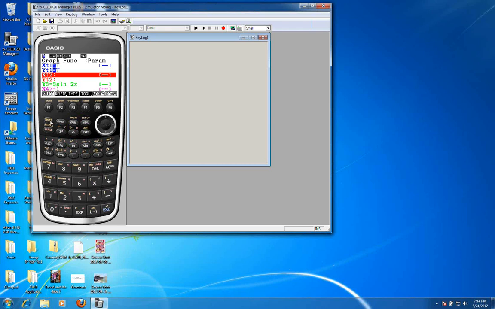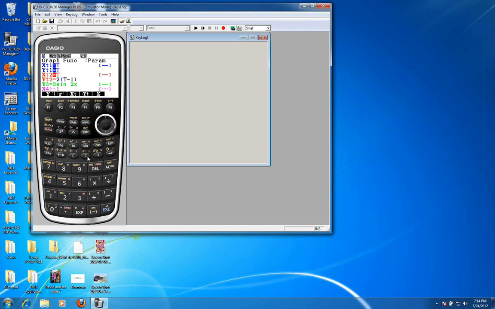So for example, in vertex form, if I want to plot a function such as y equals 2 times the quantity x minus 1 squared plus 2, so I've got vertex form, I plug in t for the x, and then y will equal whatever value on t I choose. In this case, it's going to be 2 times the quantity t minus 1.